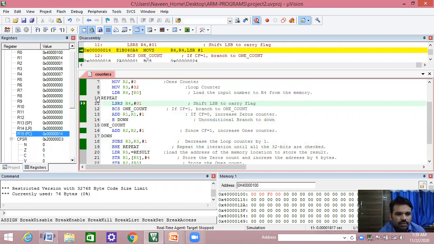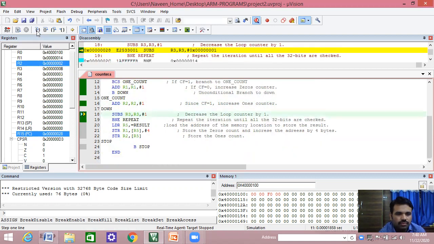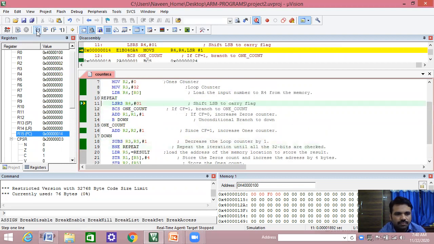See now, after executing the LSR instruction, since the carry flag is equal to 1, the ones counter is executed. See now, the carry flag is equal to 1, the bit is 1, so increment the ones counter. Now R2 will be incremented by 1. See, that's how the counter goes up.